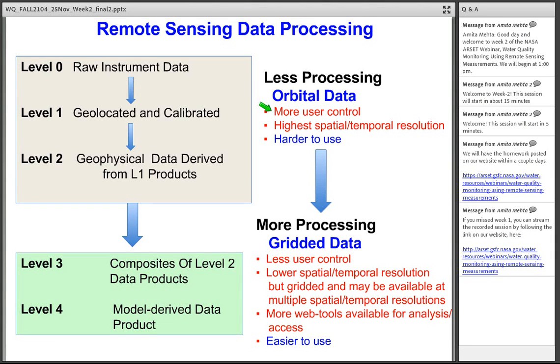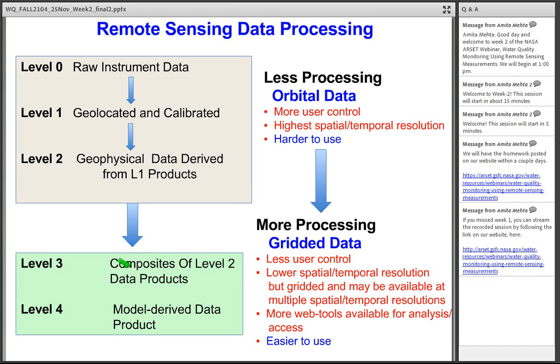However, there is more user control for taking this data and then analyzing it to meet your own needs. This is the highest spatial and temporal resolution available. And they're somewhat harder to use because they are non-uniform in space and time. And it's a lot of data sometimes to look at, very high resolution pixels to look at. So there are